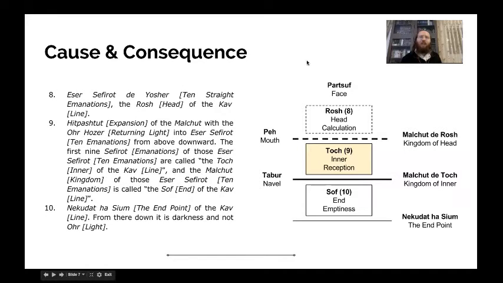The siyum is normally what's written below siyum is olam hazeh, this world. So below the endpoint is sort of the end of spirituality, where you've got the corporeal world.